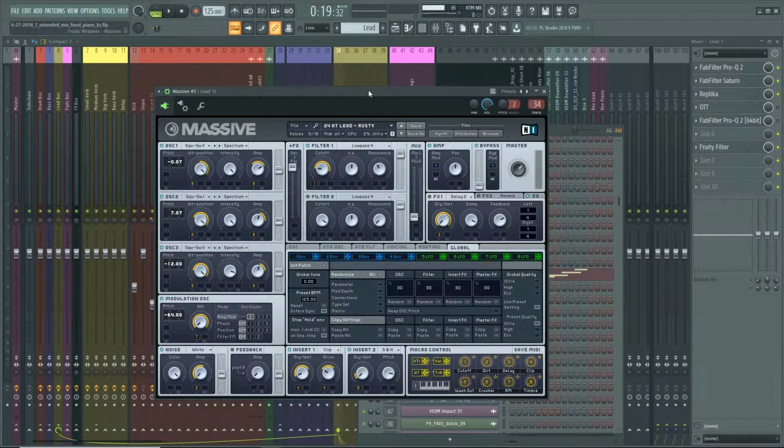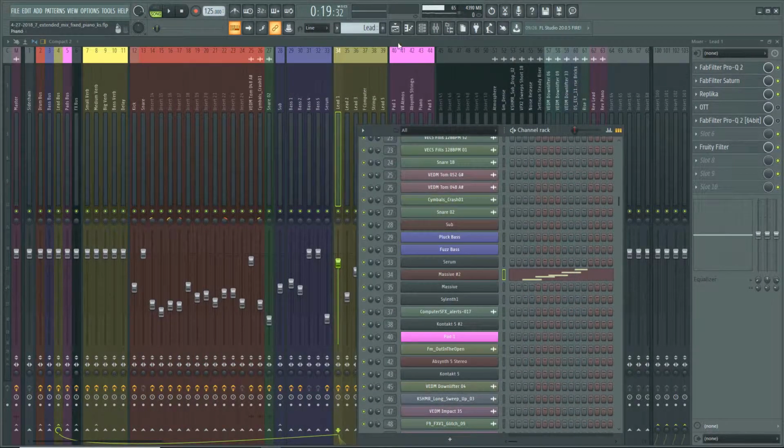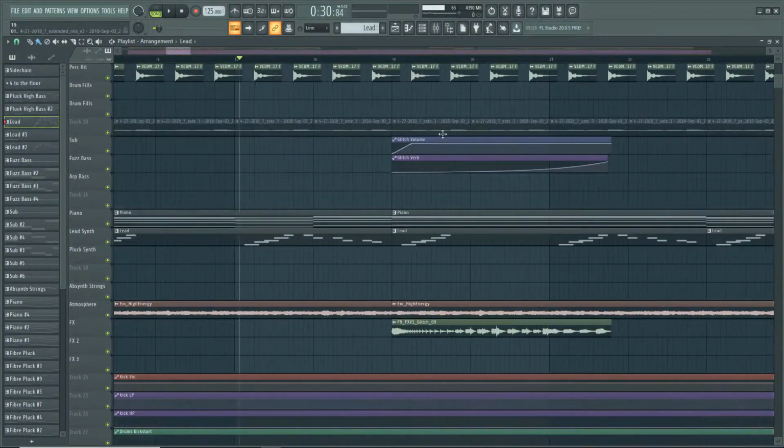So yeah, Audio Tint, they have a lot of pretty cool sample packs where they're trying to make really analog sounding patches from soft synths. So yeah, I just took this AT Lead Rusty and tweaked it up a little bit. So that guy is filtering in, and then we have this little glitchy